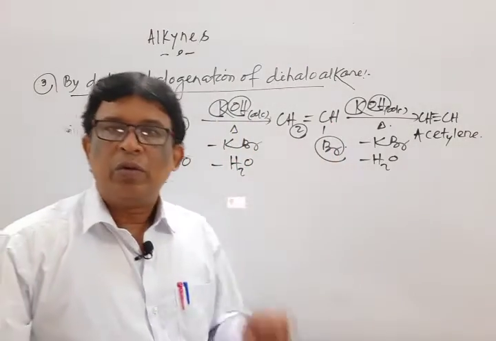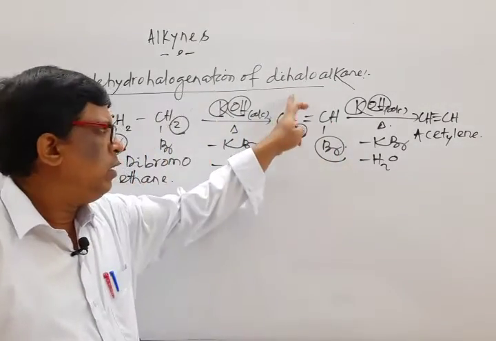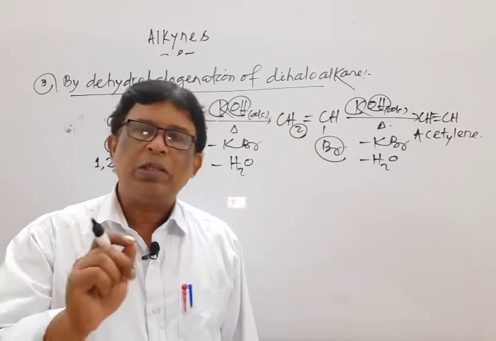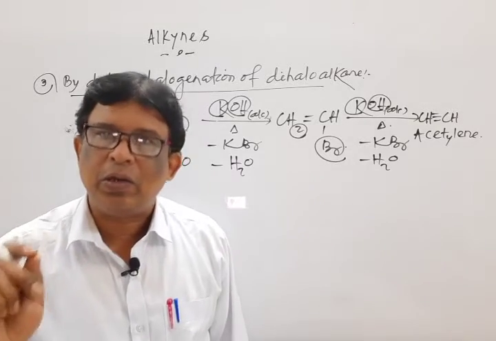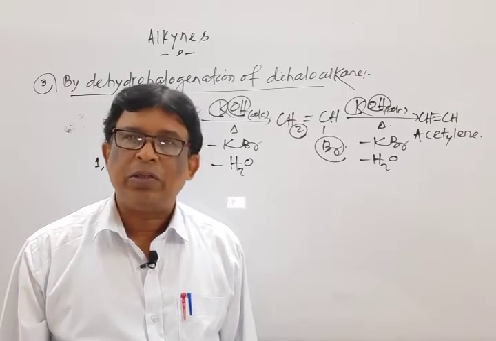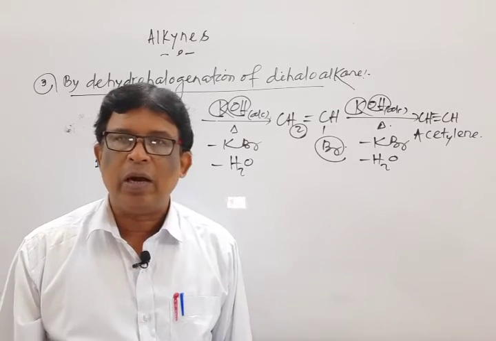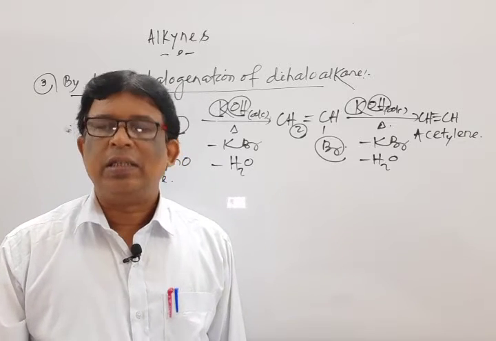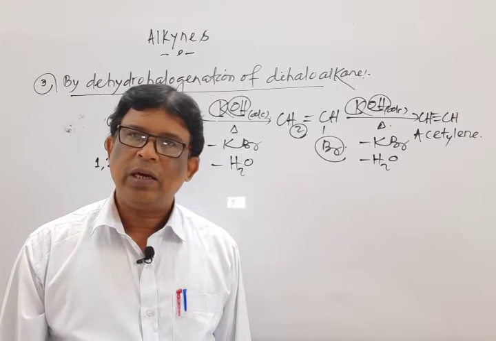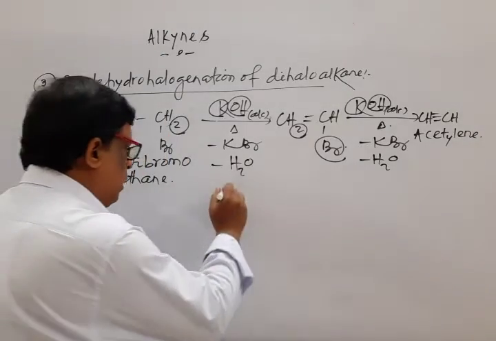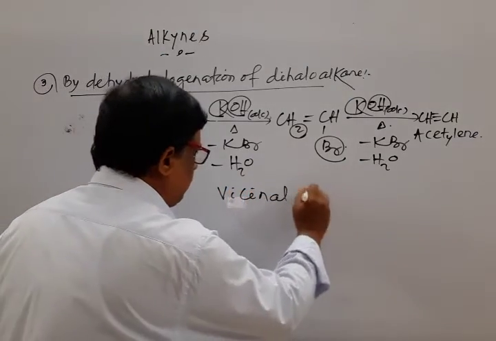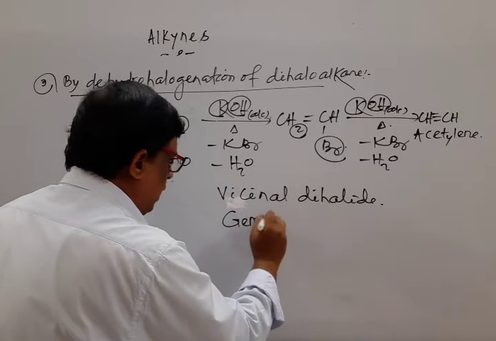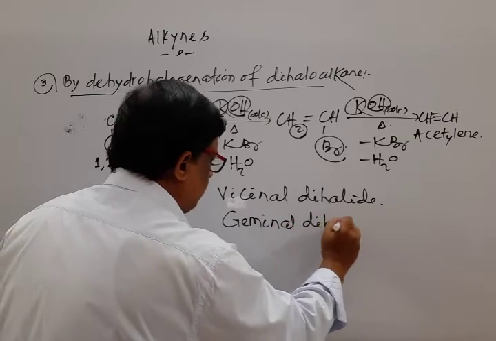Okay, so important point, remember that when we mark the dihaloalkane, in alkane two replaceable hydrogen atoms are replaced by two halogen atoms, then one thing comes to the picture, that two types of compound are there. One is known as vicinal dihalide and one is known as geminal dihalide. Mark that. I repeat again. One is known as vicinal dihalide and one is known as geminal dihalide.